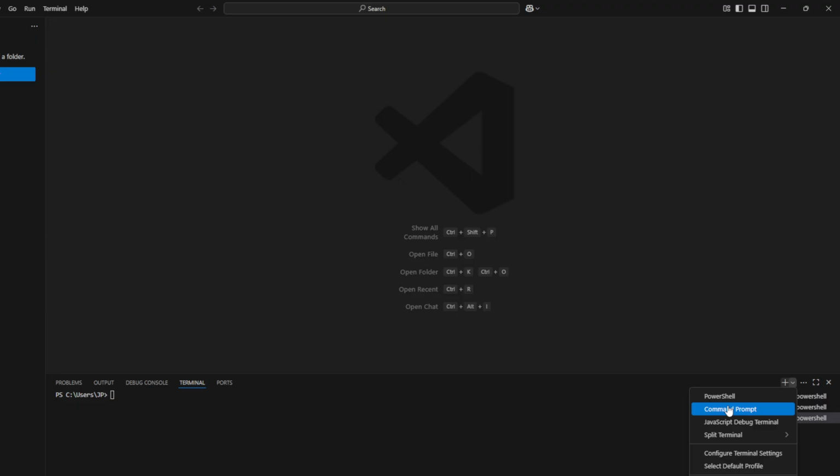Look down at the terminal panel you just opened. On the right side of the terminal tab area, you'll see a small plus sign icon. This plus sign is used to create additional terminal instances. Click on the plus sign, and a menu may appear asking you which type of profile or shell you want to use, such as a command prompt, PowerShell, or a different